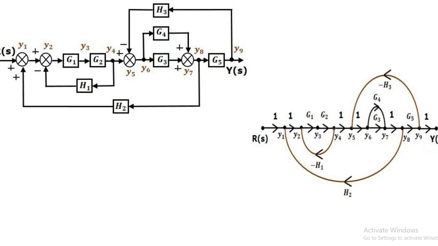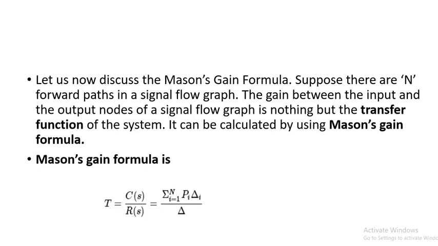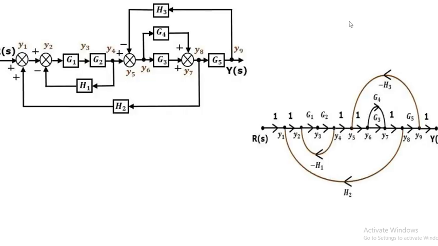Okay, so this part we have covered in today's lecture. In the next lecture we will see Mason's gain formula to calculate the gain of the given transfer function. So what you can do is take more examples of block diagrams and try to convert them into signal flow graphs, which is again very simple. Just practice this because this is the most important thing that you have to do, because if you falsely convert this block diagram into a signal flow graph, then your answer will be wrong.